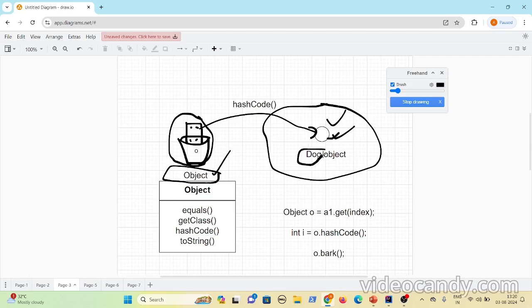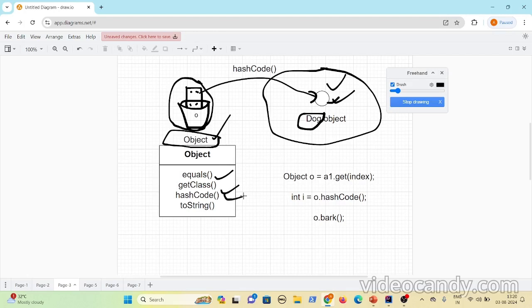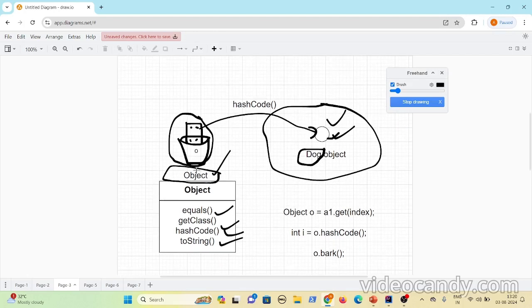Now what methods are present in object we discussed already, right? Equals, getClass, hashCode and toString are present. And this reference variable object did not have bark or roam off or sleep off methods. Though the object has those methods, the reference variable did not have those methods. And we know, whenever you want to access any object, you do it via your reference variable. The reference variable gives you buttons for each and every method. Whenever you press the button, it goes to the object, finds the method for that button, and invokes the method on the dog object.